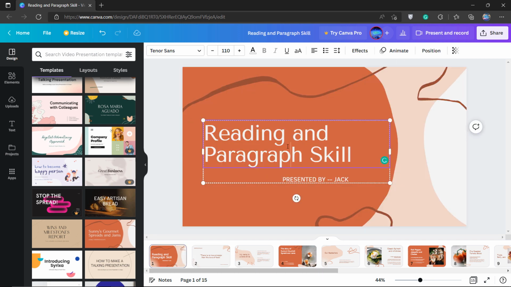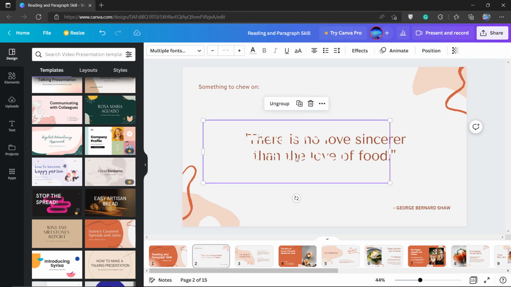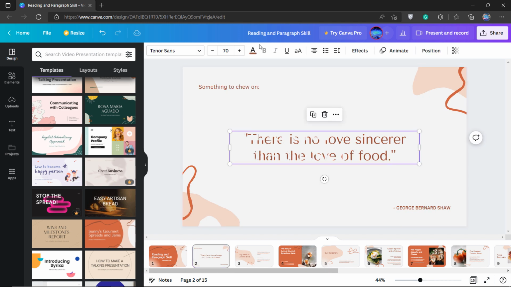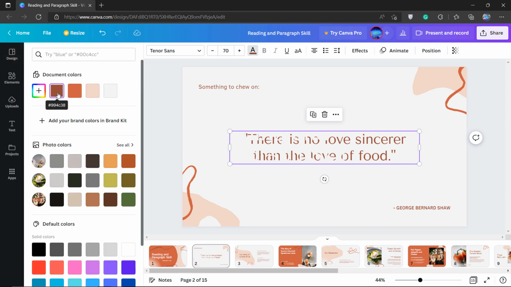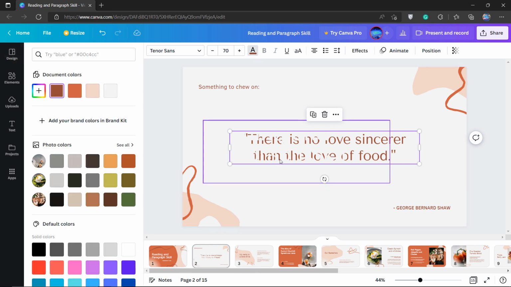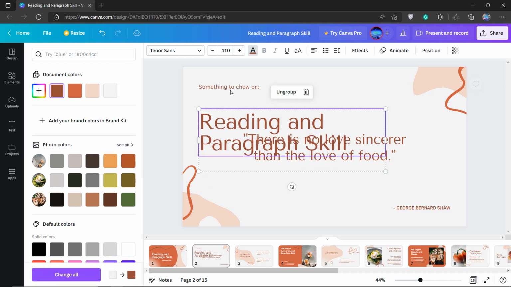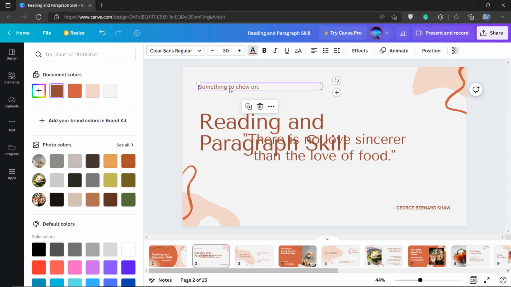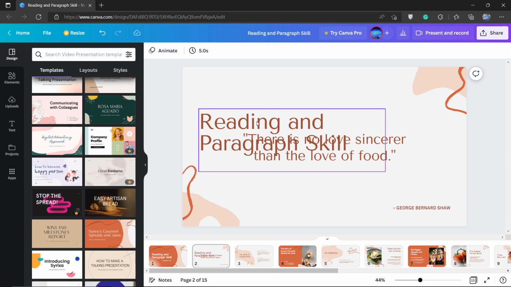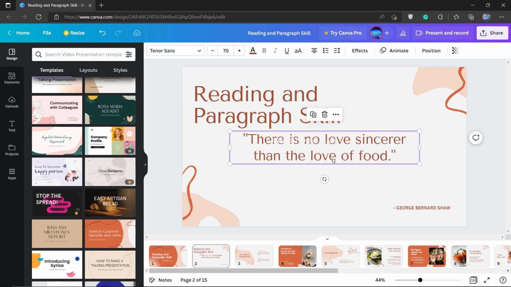Okay, so see what this font is, and if it is suitable for your next heading, then you can copy it, Control C, and then paste it here. Okay, so let's see what this color is. This, and let's color this the same. Delete this and put this here, and this will be down.